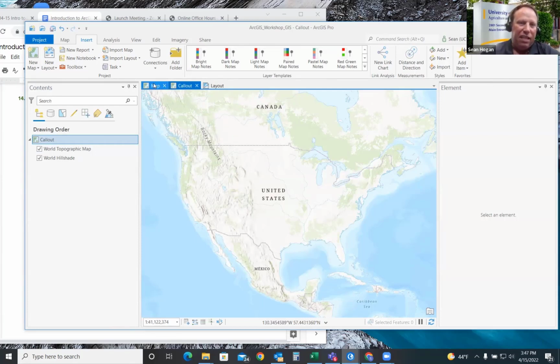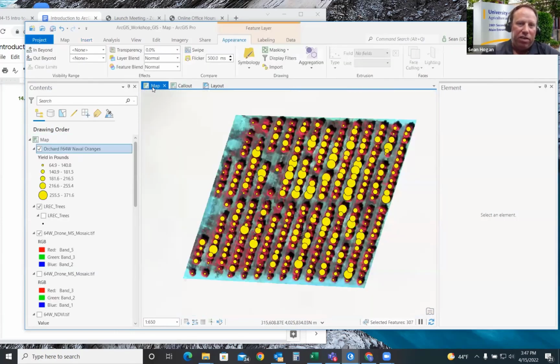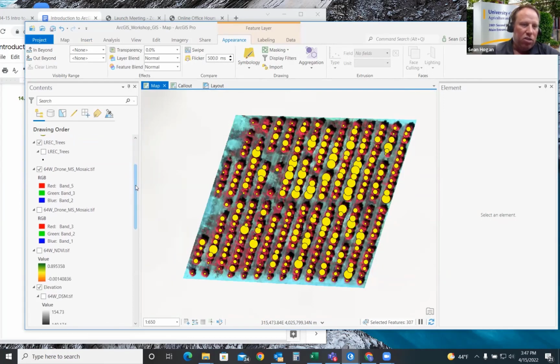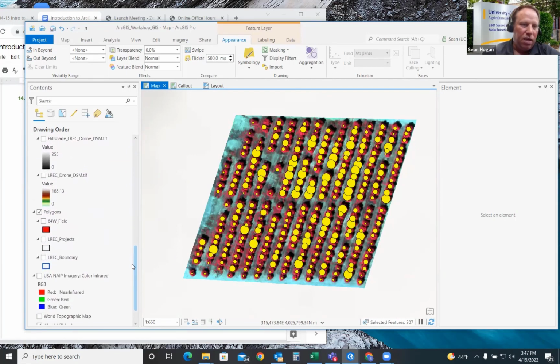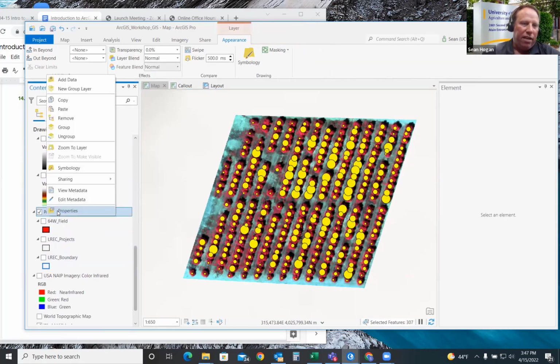Well, we already have these layers prepped before. I mentioned earlier that for its time savings, there was a reason why we were changing the symbology the way we were. So I'm going to just scroll down to the polygons and just right click this and click copy.